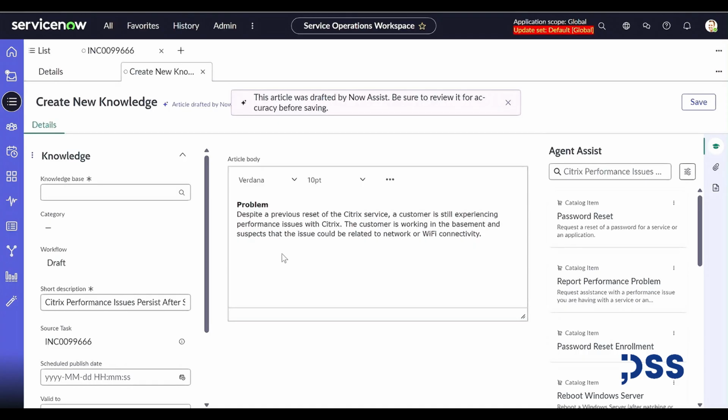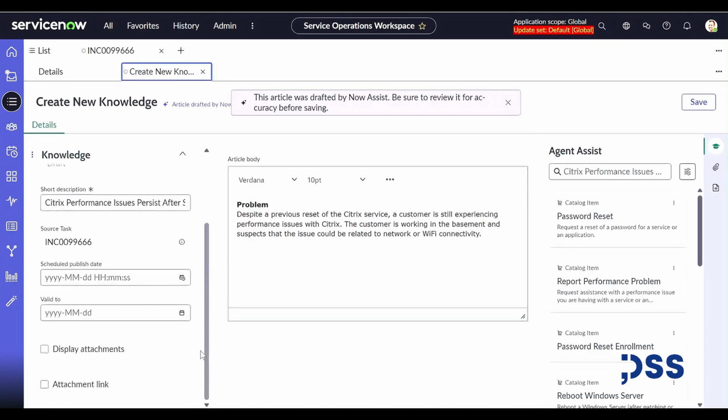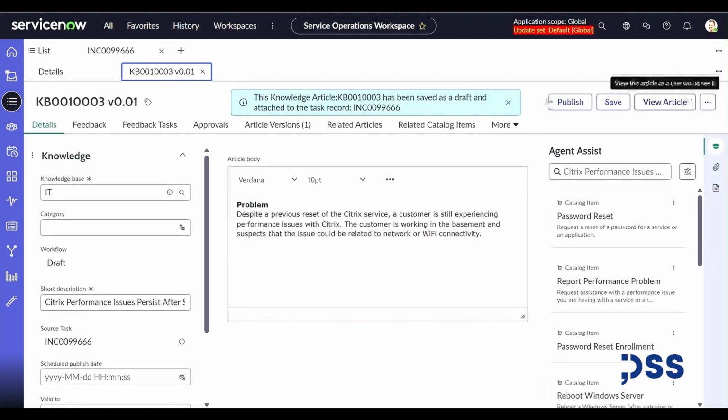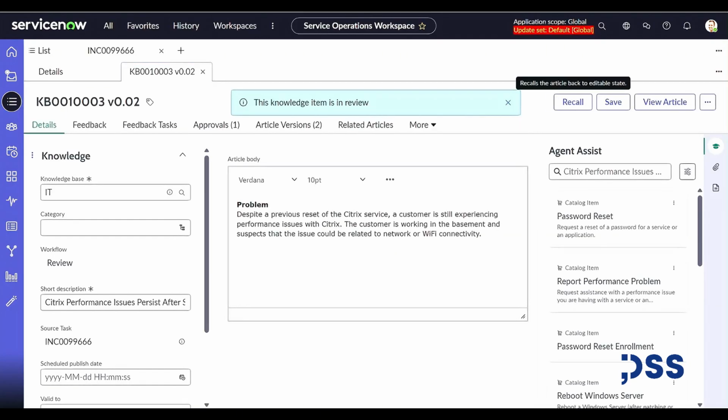I can change the context of the article body, but for this example, I'm just gonna keep it as it is, and I'm gonna select the knowledge base IT, and right now I'm gonna save the article, and this is a knowledge article, and it's gonna be attached to the event already solved, and I'm gonna publish it. So this Now Assist may come in handy with that summarize, with the resolve, and with the generation of the knowledge article. And there's one more